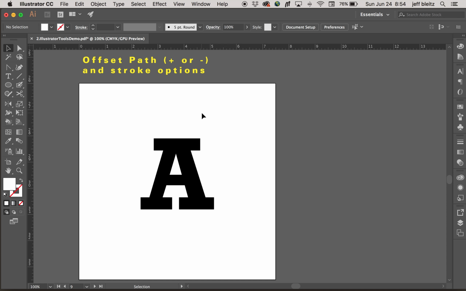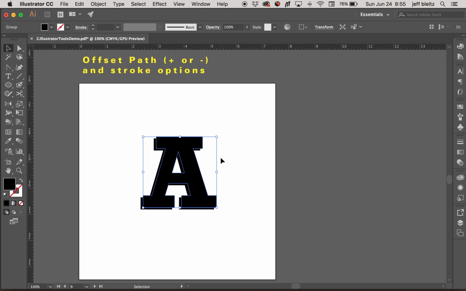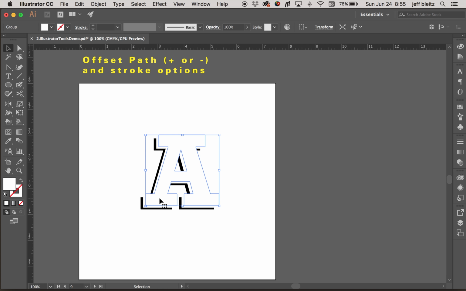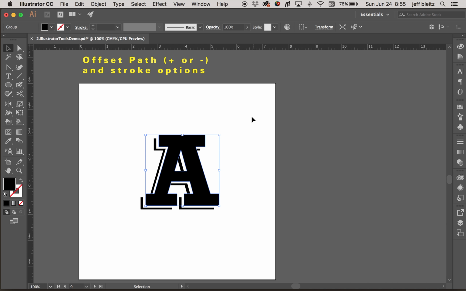Another thing I can do with typography, once I've converted it to outlines, is, well, before I do that, I can create a little bit of a drop shadow effect if you're looking for something like that, just by making duplicates of my letter form. This A is converted to outlines, and so if I option drag a copy and then hit Command D and duplicate it, change that to black, you see I can get kind of a drop shadow effect on this A,